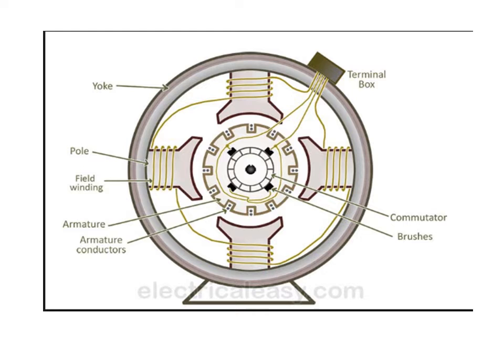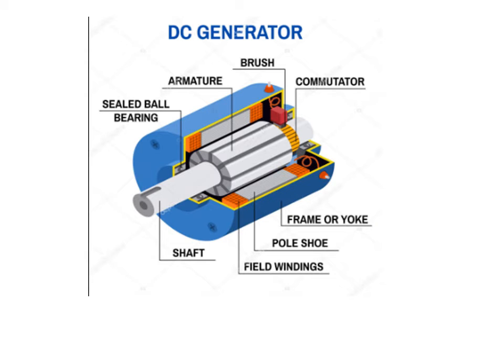When the armature coil is rotating in this stationary magnetic field, there is a change in the magnetic flux. Whenever the flux linking with the conductor changes, EMF is generated in the conductor, which is collected from the terminal box to the external loop. Because of the commutator structure, the internal alternating voltage generated in the DC generator is converted into unidirectional current. Brushes are used to connect to the external circuit. These are the different parts in the DC generator.